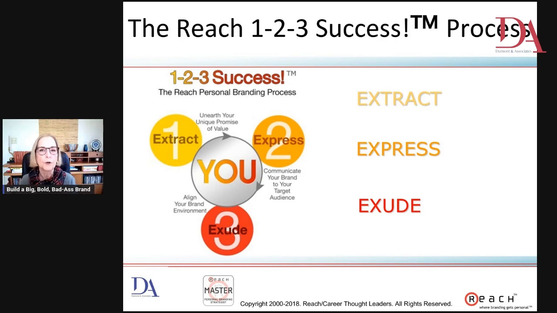So, your brand, if you have a powerfully branded profile, when you look at it, you should be able to see that most of the people coming to your profile are coming because of your brand. Now, how can you figure that out? Well, on your LinkedIn profile, if you scroll down to your dashboard, it has a place that says profile views. Now, if you have the free LinkedIn, I think you can only see who looked at it yesterday and today. So you can't get a whole lot.